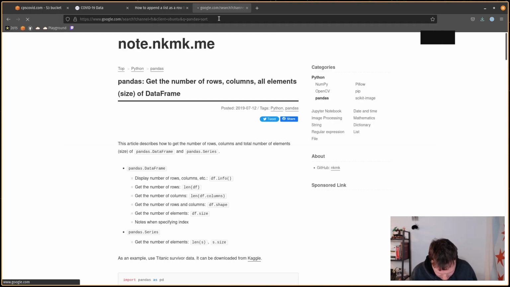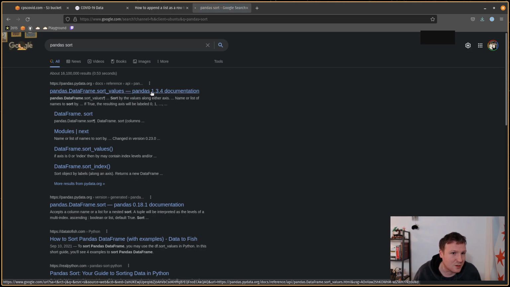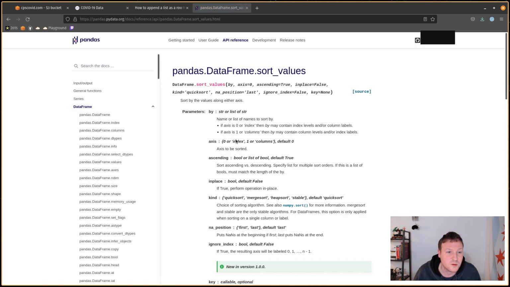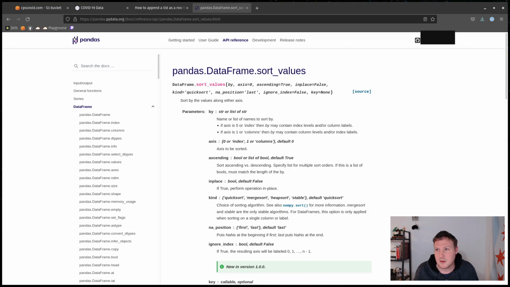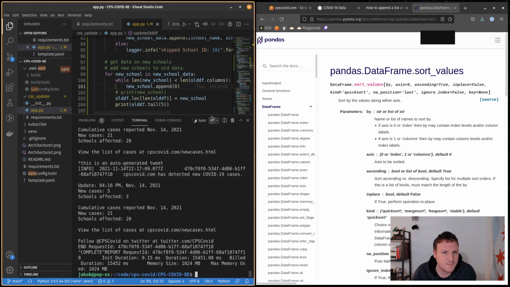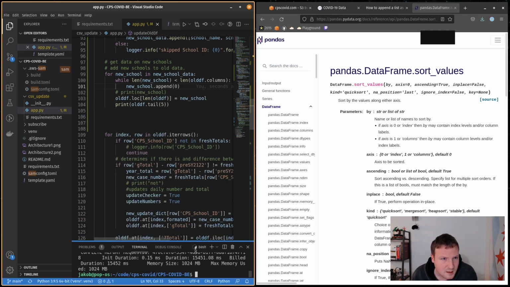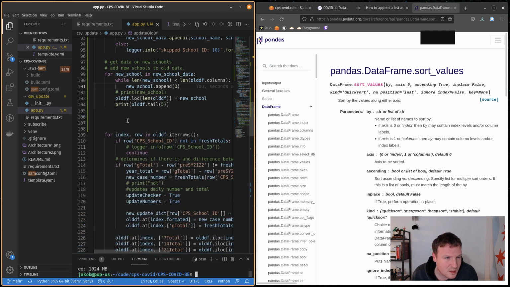Sort. Let's see, I'm sure that there's a super easy way to do that. Sort by index or string or whatever. Okay, so let's pull up our code again. And then the last thing we're going to do right here after we